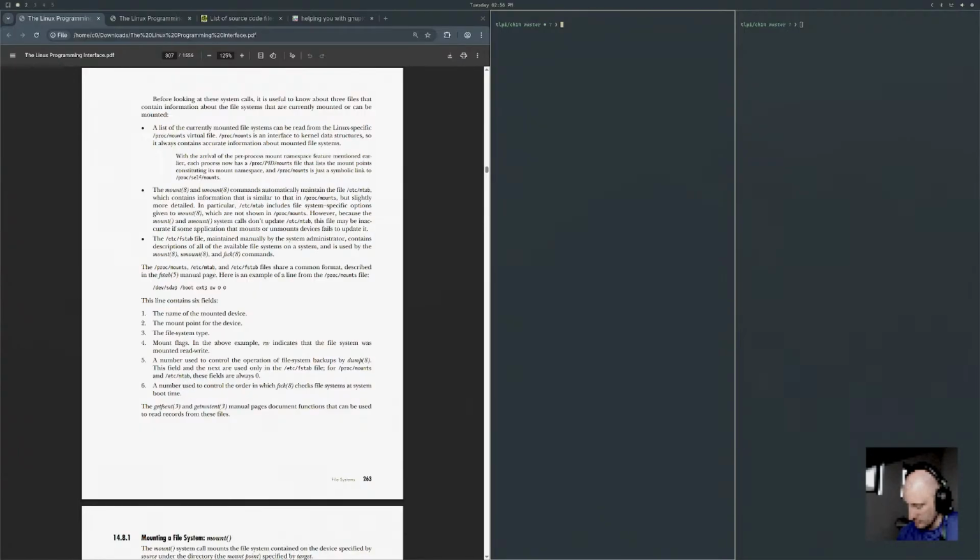Mount flags, sorry. A number used to control the operation of file system backups by dump. This field and the next are used only in the /etc/fstab file. For /proc/mounts and /etc/mtab, these fields are always 0.